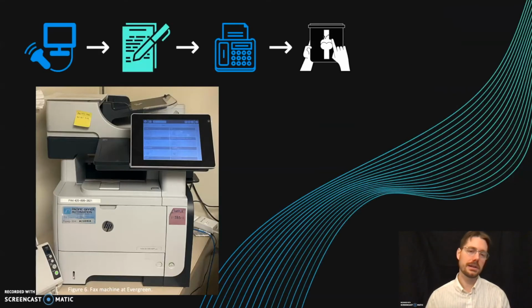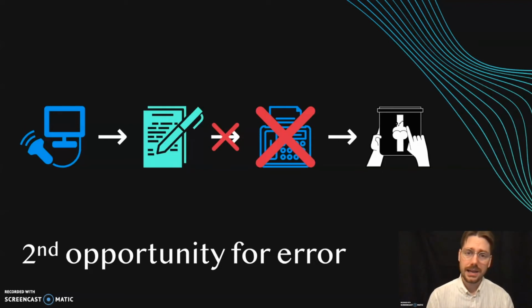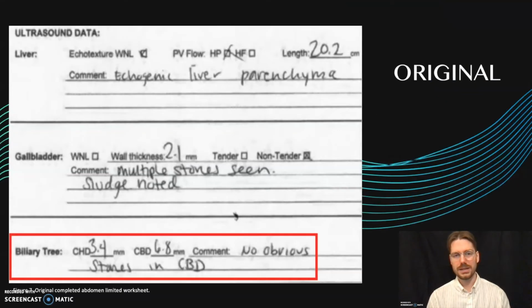When we move to our next step in the process, the exam send, there's really no issues with sending the image digitally to the radiologist. The really big issue lies in faxing the paperwork. This is our second big opportunity for error, and it has to do all with the fax machine. Faxes are just totally unreliable. They fail, they take too much time, and really they just provide a degraded copy for the radiologist to read.